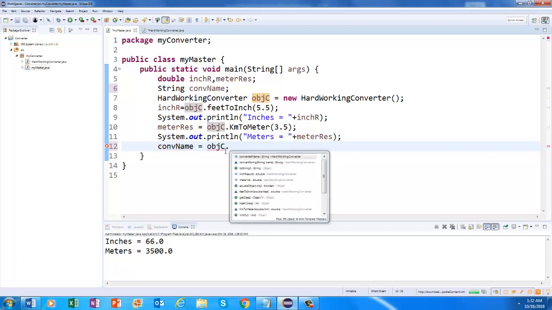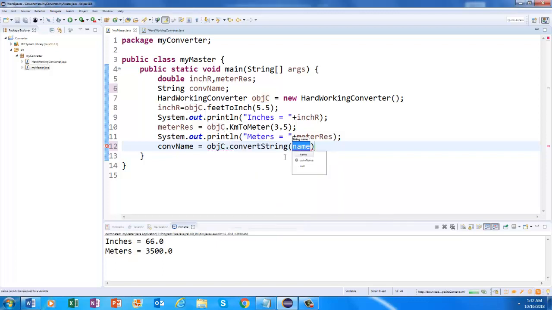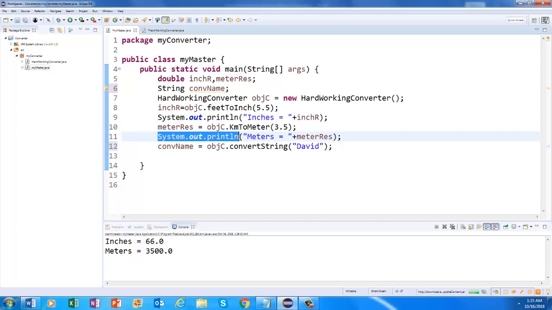Dot, what is that method? We have convert string. Can you see? This is the method, right? This is the method that we have defined, and here we are going to send the name. Let's say the name is David, right? So what will happen? We'll get a value in converted name, and then let's say we are going to do a system out println. I'm going to print this value,